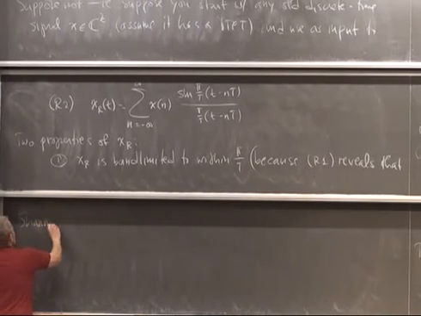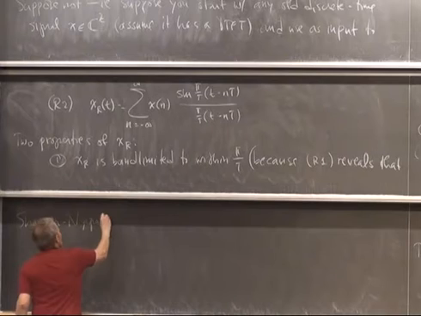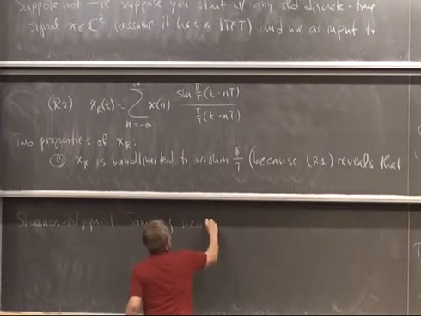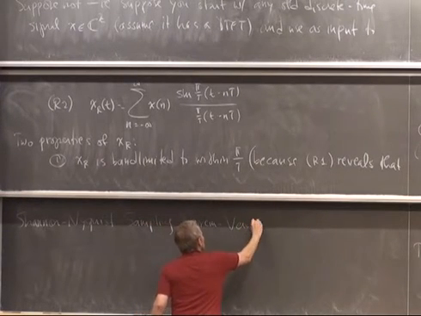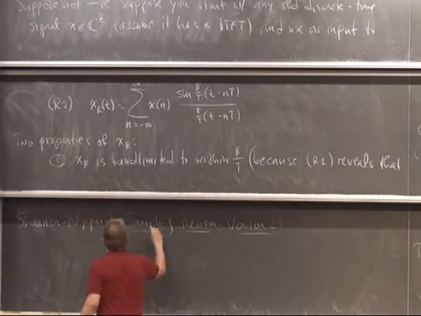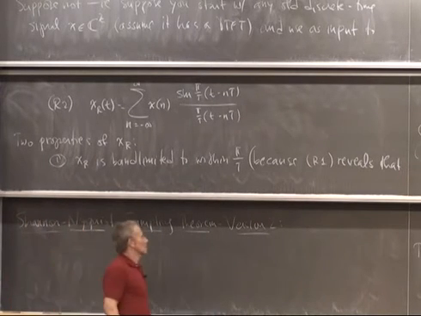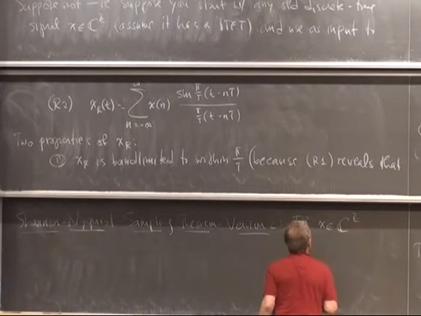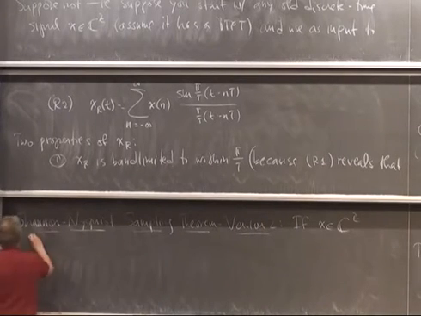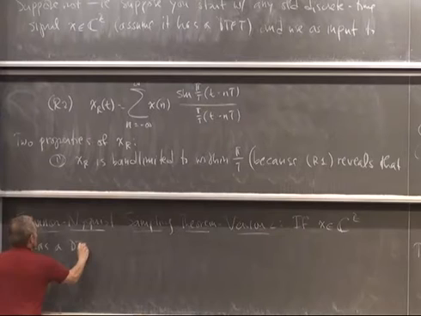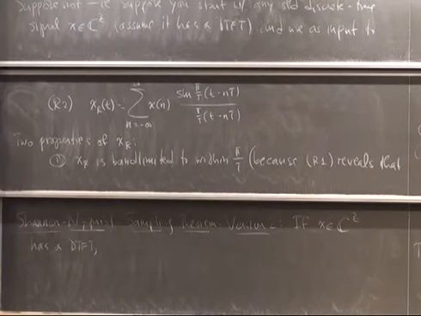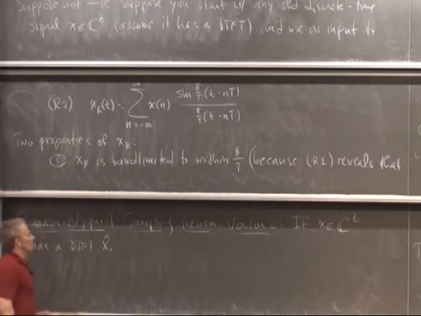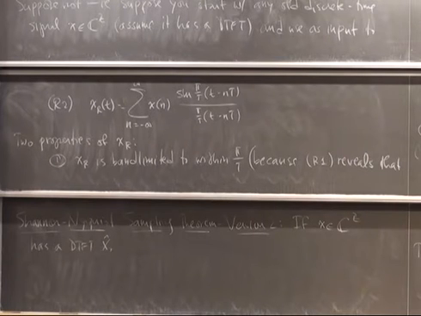So, the Shannon-Nyquist Sampling Theorem, version 2, goes like this. If x in c to the z is a discrete time signal that has a DTFT, then let's give it the name x hat. There's exactly one continuous time signal